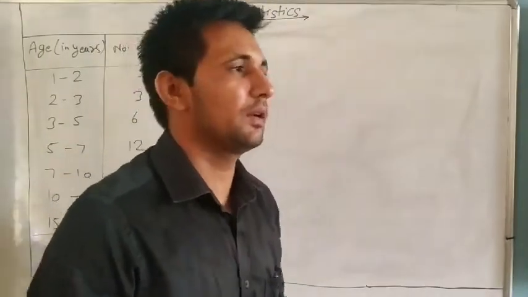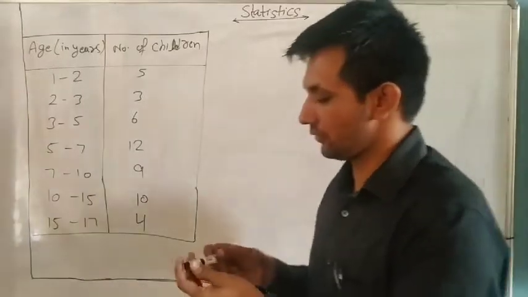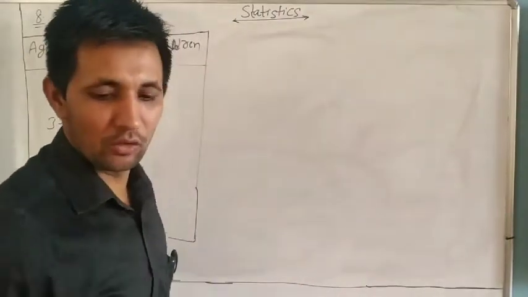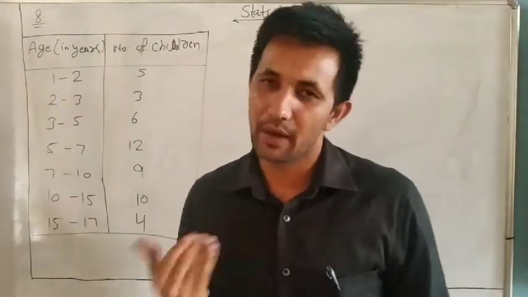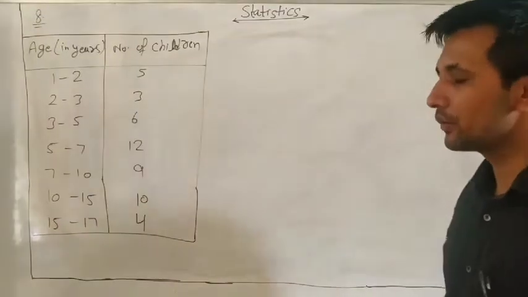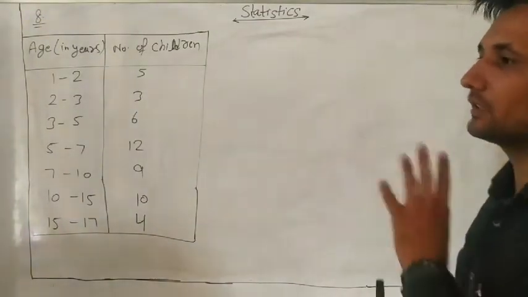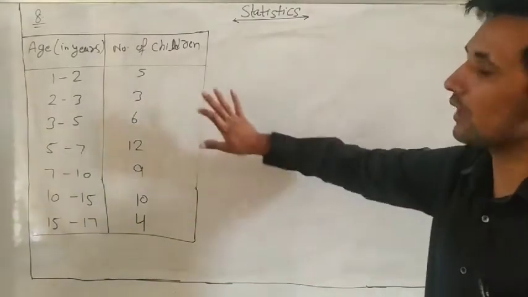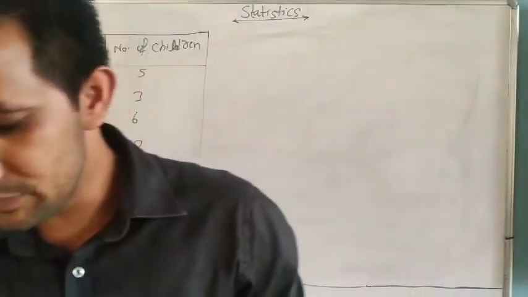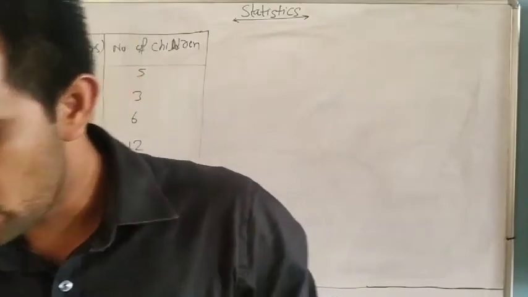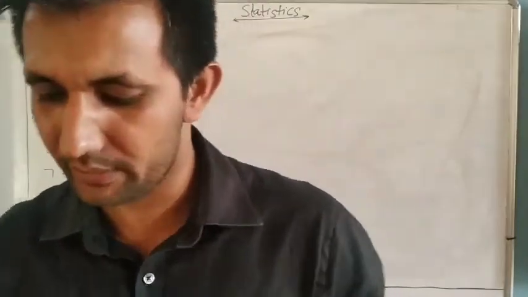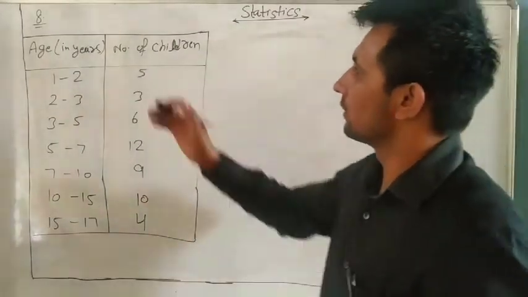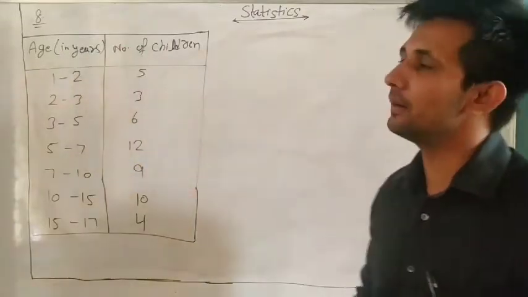Today we start our next question of 14.3, 7th question, 8th question. We already learned how to represent the data in bar graph, in histogram and in frequency polygon. These are the three types to represent the data graphically. So now in the 8th question we are given a random survey of the number of children of various age groups playing in a park. The survey is conducted by some organization on children. How many children are playing in parks?